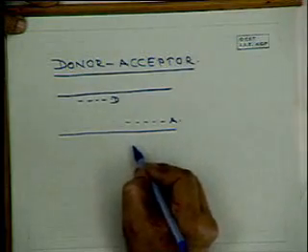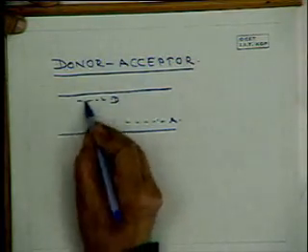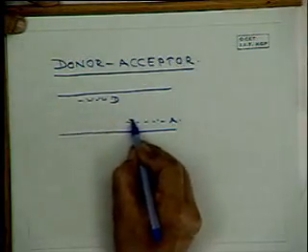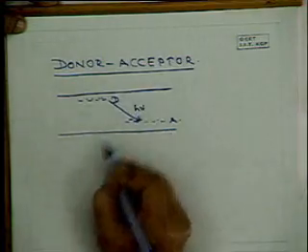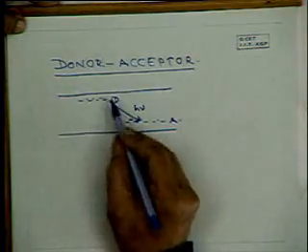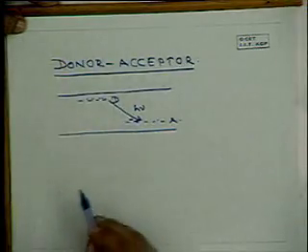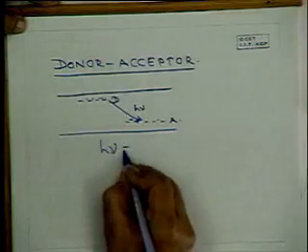Then if the acceptor contains holes and the donors contain electrons, then obviously recombination is possible, an electron moving from a donor to an acceptor. And what is this energy? In this case, h nu is equal to